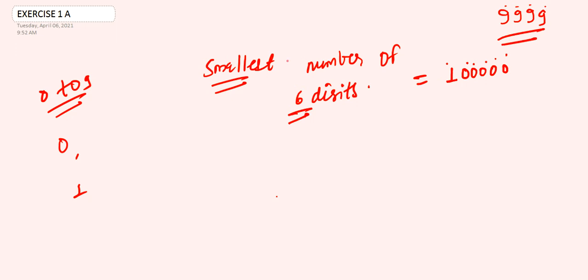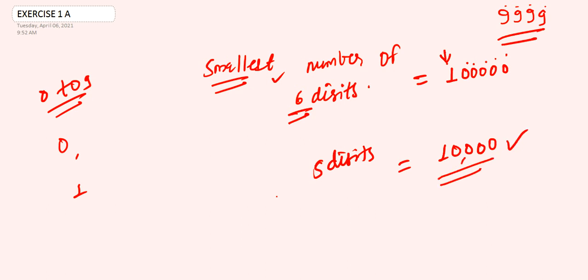So, and what about the smallest? Whenever you are having questions of smallest number, you are supposed to start by 1, from 1, then zeros you have to write. Okay. Another example, smallest number of 5 digits. So write 1, then 5 digits you have to form. So 1 is already here, then 0, 0, 0, 0. So 10,000 is your required answer. Okay, so this is the smallest 5 digit number.